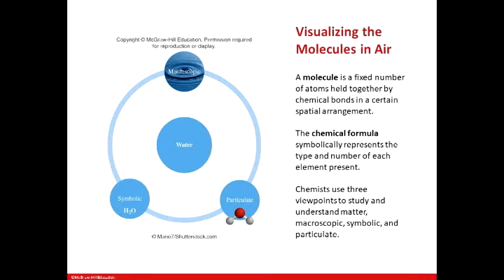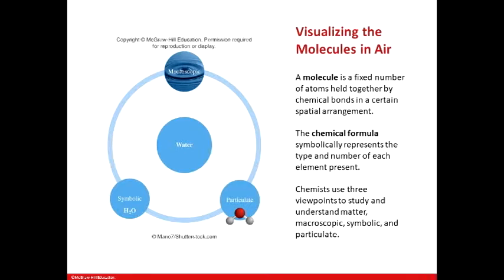Okay. Keep in mind also, if you see bold, these are definitions that you will want to memorize for my class. The chemical formula symbolically represents the type and number of each element present. H2O is 2 units of hydrogen, 1 unit of oxygen. Chemists use these 3 viewpoints to study and understand matter: macroscopic, the very large scale, where you can see it, touch it, feel it; symbolic, something we can write to help us think about the chemistry and the science of it; and particulate, where we really are looking more at 3D and how these molecules